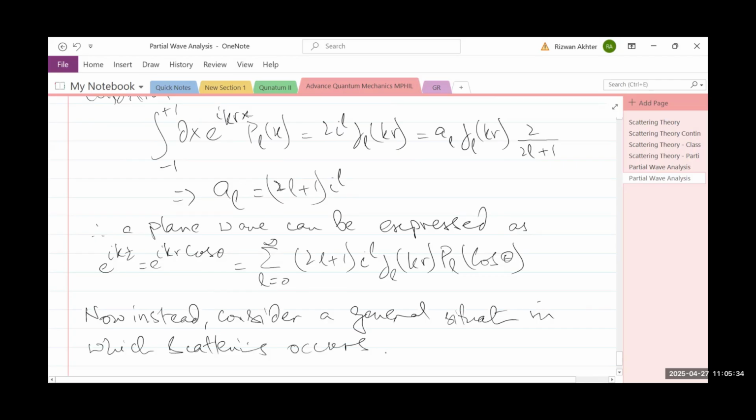So if there is scattering, the result would be